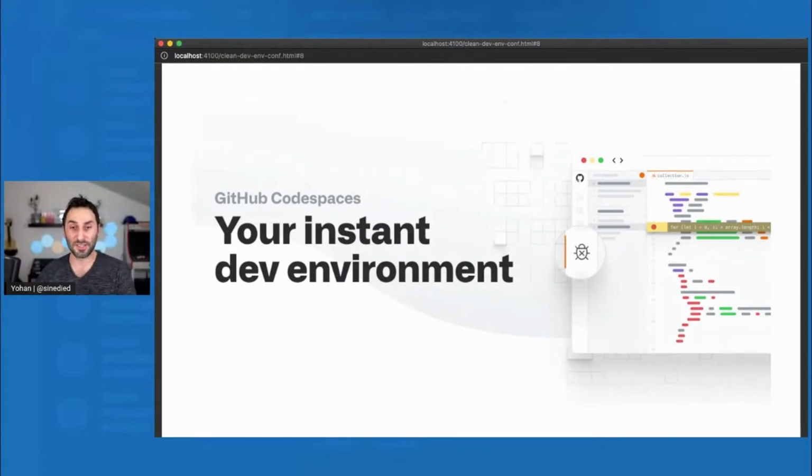And what are the advantages? Maybe you're working on a machine that's not a developer machine, so it doesn't have enough RAM or enough CPU to be working comfortably with your projects. Or maybe you don't even want to install VS Code or Docker or the remote extension on your machine. You basically have nothing. So here, if I switch back again to my browser,